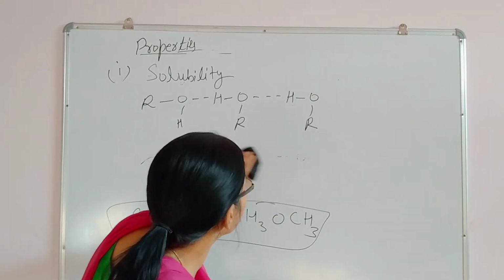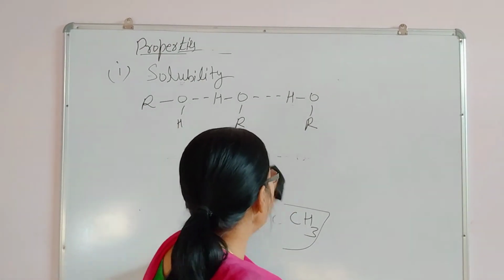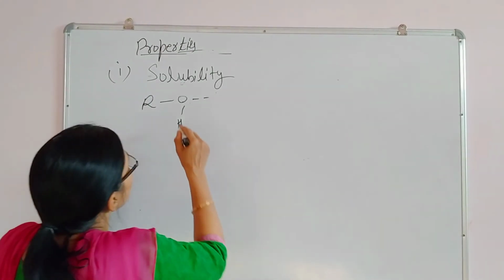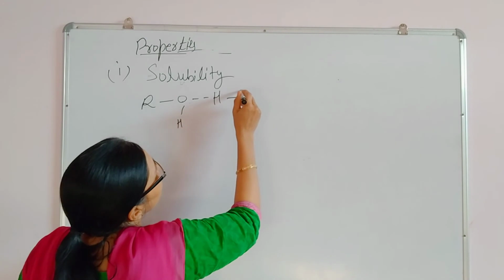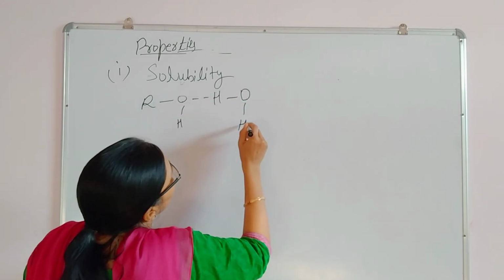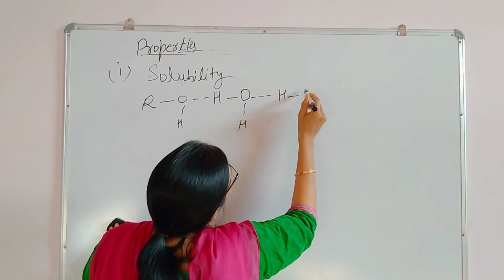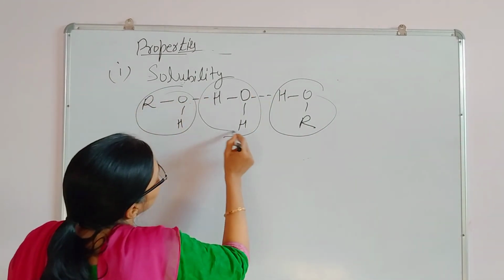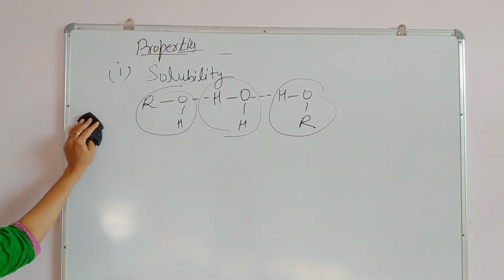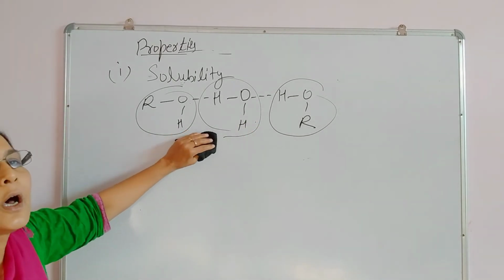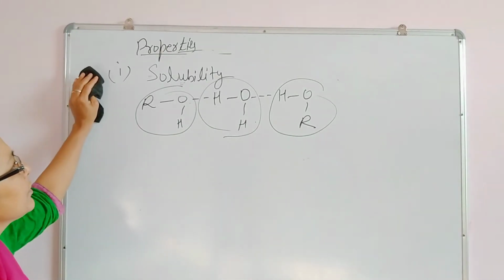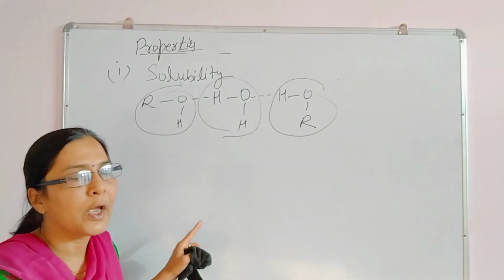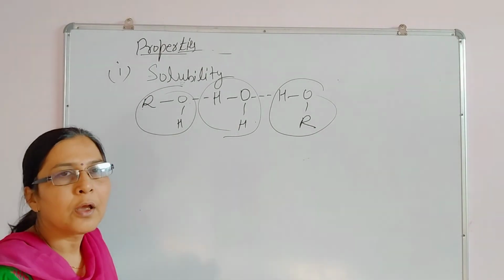Solubility in water. In water, lower alcohol will form hydrogen bonding. How? This is the alcohol molecule. Now I am using water molecule HOH. Again HOR means alcohol and water fully miscible. Lower molecular masses alcohols are completely miscible. Phenol is also soluble. Instead of R you have to write C6H5OH. So it is also soluble in water.